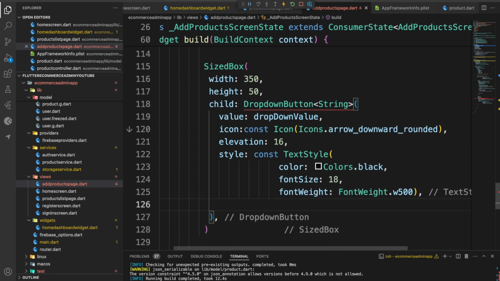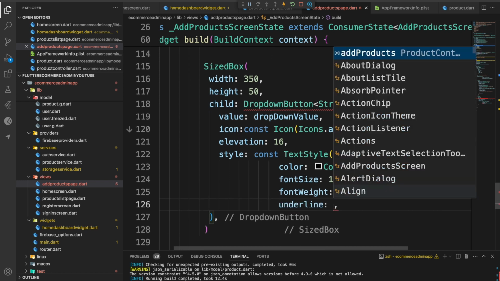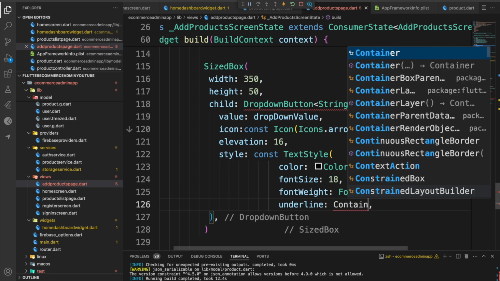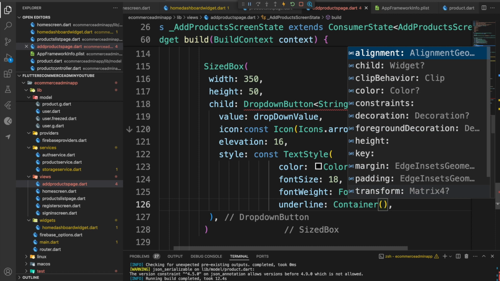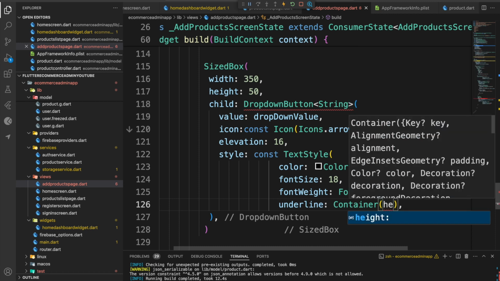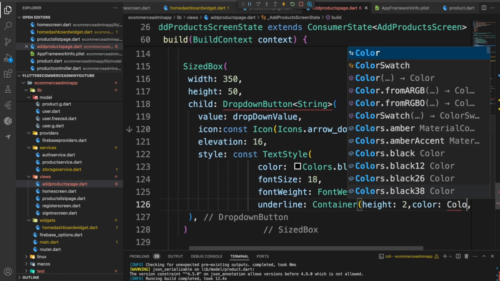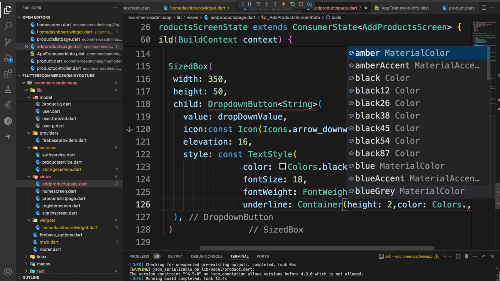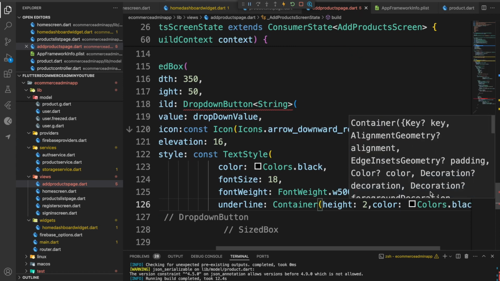And then the other thing that we need is the underline. So for the underline, we are just going to use a container with a height of 2 and a color of black, Colors.black. Okay,